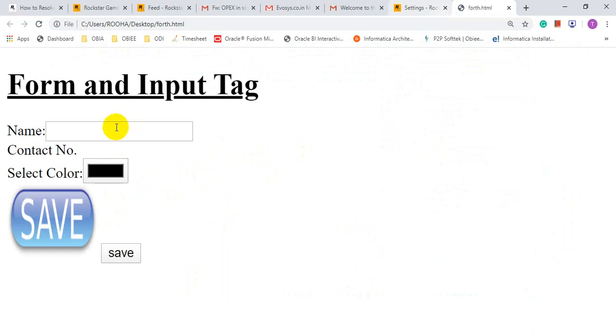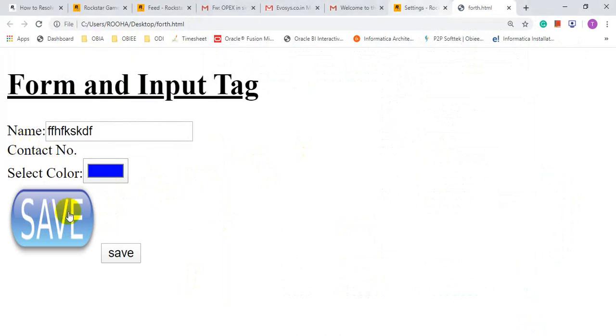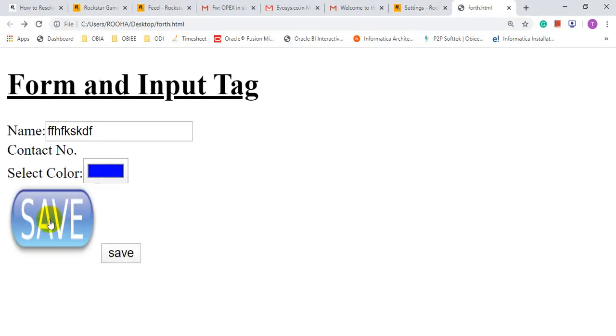But you can type anything, you can choose any color, and when you click on that button, it will transfer to the kms.php page. This save button and this save button are functionally the same, but by coding, technically, this is input type equal to submit, and this is input type equal to image.